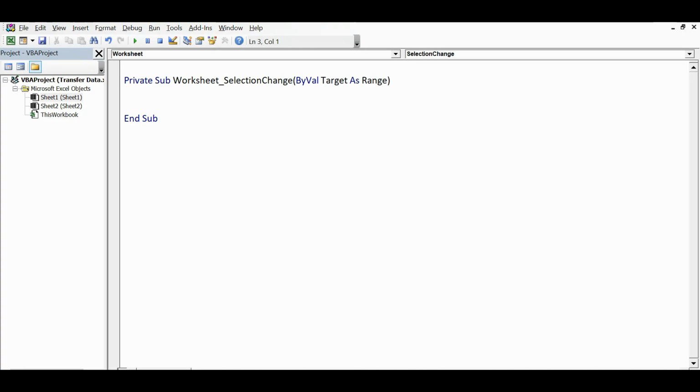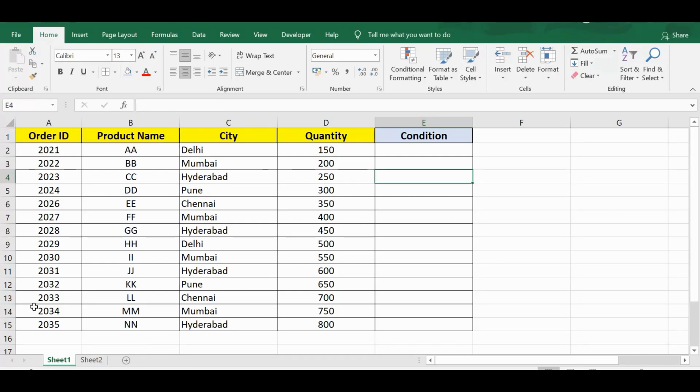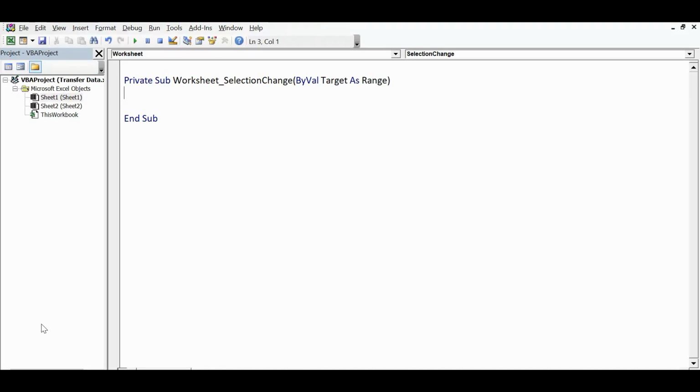First I will identify which row is the last filled row on Sheet1 based on column A. So the code is A equal to, or whatever variable you want to give, Worksheets, and the sheet name we have is Sheet1, dot Cells, Rows dot Count, column A, that is 1, dot End(xlUp).Row.